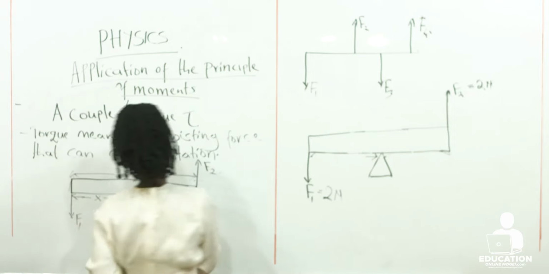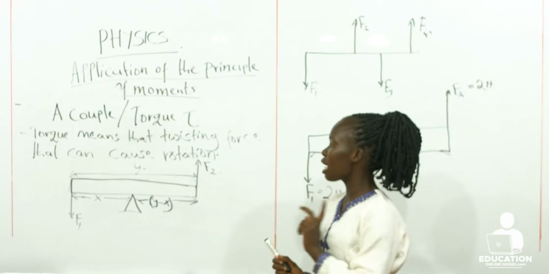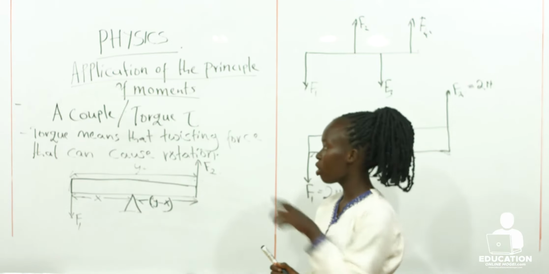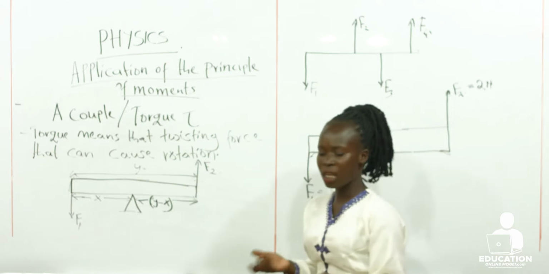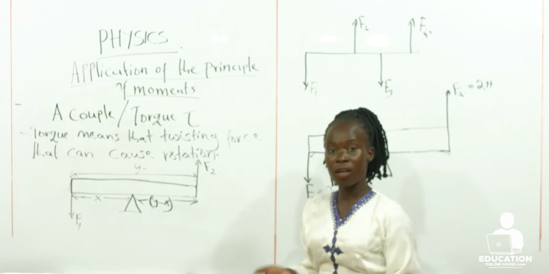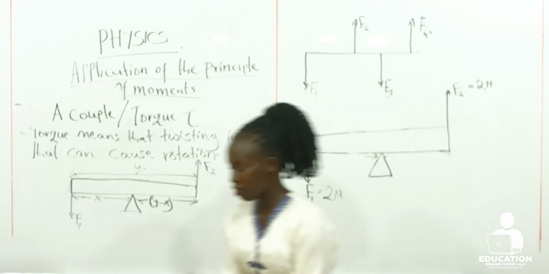If you want to get the moment, another thing is: in what direction is this moving? We say that it has to cause rotation with a torque. So if you pull this force, what kind of rotation is it going to give you? In what direction will your ruler be rotating? Let's have a look at,